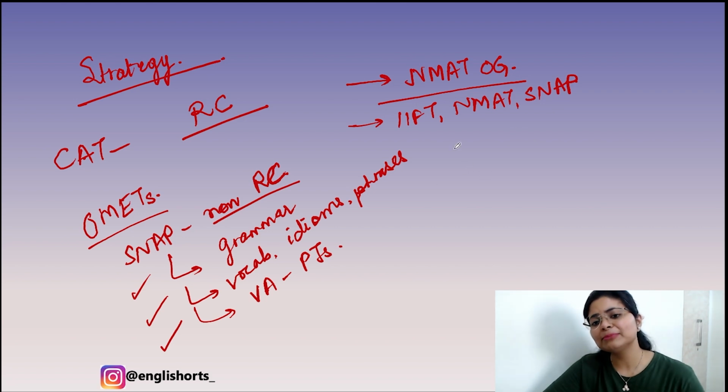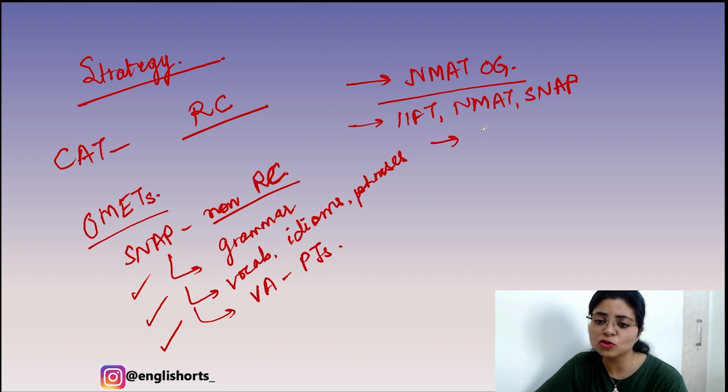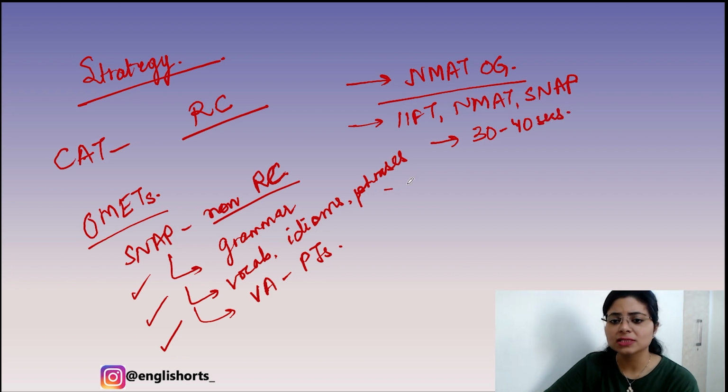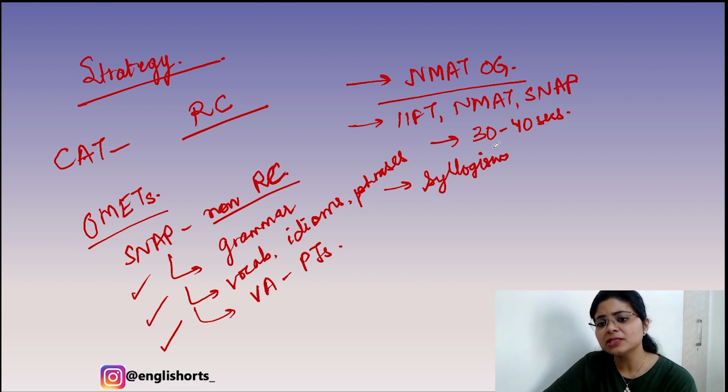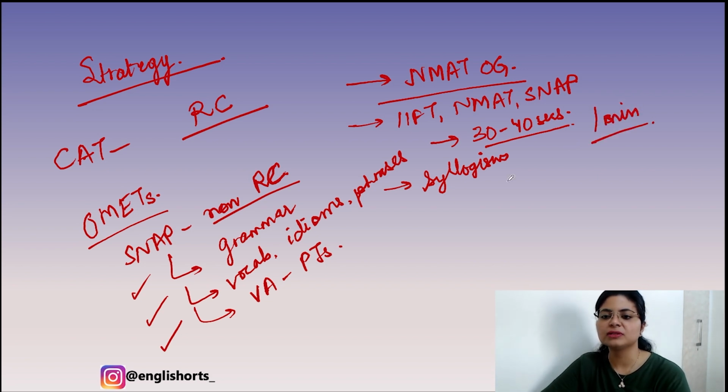And when you solve them, please make sure that you're not spending too much time. So, in grammar or vocab questions, you might have to take something as less as 30 to 40 seconds. Yeah, in deductive reasoning questions also, say logs, I have taught you the tick cross method in the classes. You cannot take more than 30 to 40 seconds here. Maximum you have is 1 minute, and that 1 minute really exists on paper. It's not actually something that's given to you because you might want to save some time in one question and spend those extra seconds in a more detailed or a calculation based question.